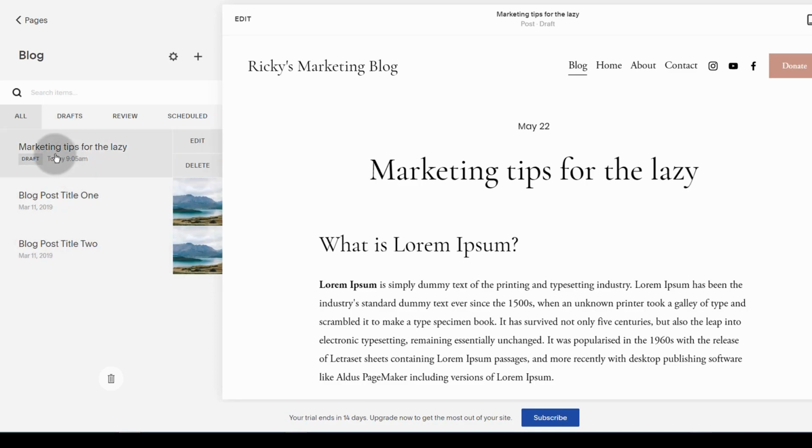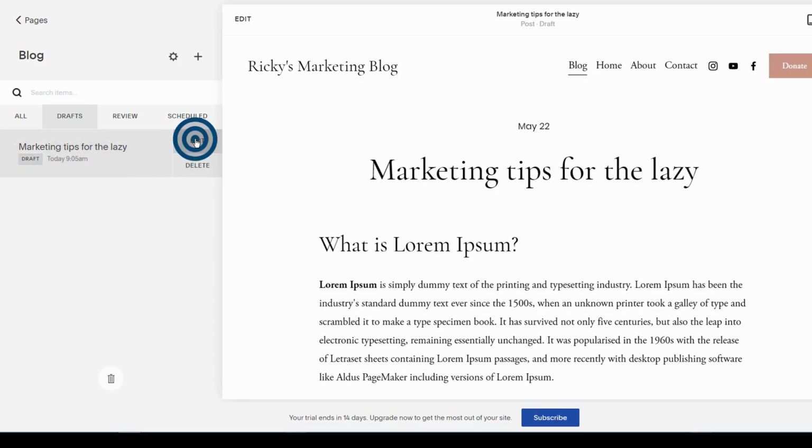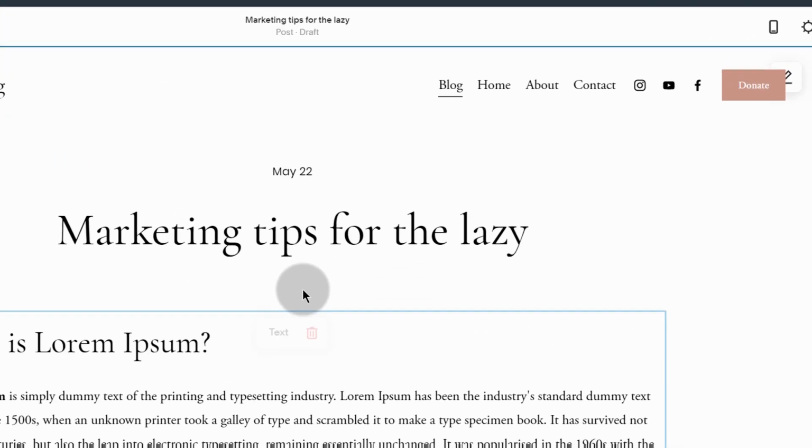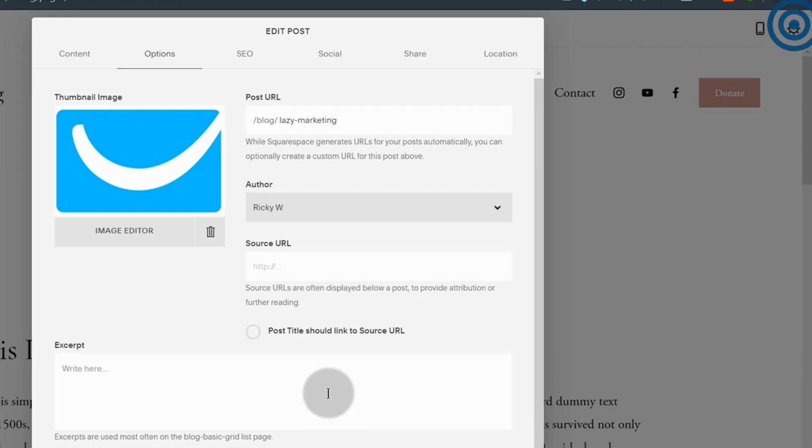And as soon as I save it, you see that it's saved as a draft. And if you come here under drafts, we can look at it. And if you want to edit it, just click there and you can edit the post once again. And I want to look at settings. One last thing that I didn't show you, and it's very important in blogging, is tagging and also